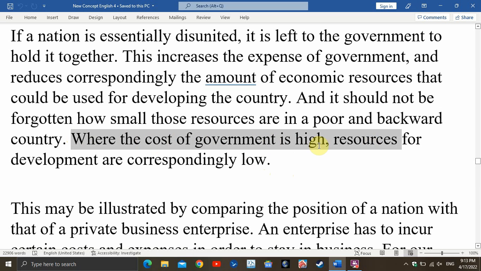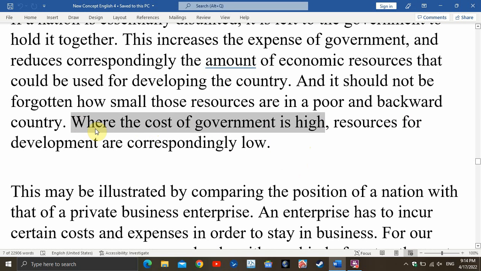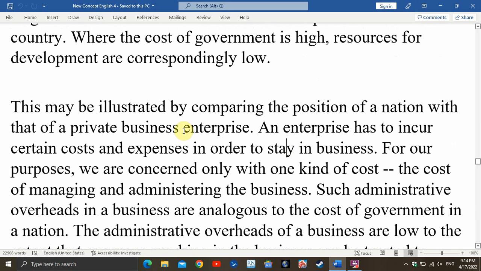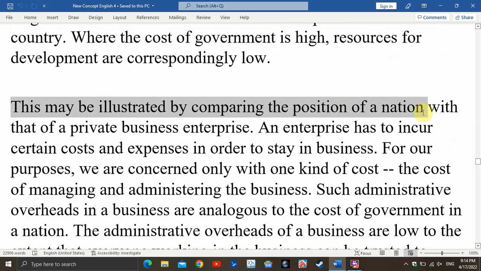Where the cost of government is high, resources for development are correspondingly low. 这里有一个 where 从句。我们上次也碰到这个 where，这个 where 引导的状语从句不一定是地点状语从句，说它是地点状语很勉强，它是一种对应关系：当 the cost of government is high 的时候，resources for development are correspondingly low。这种 where 引导的状语从句比较复杂，语法书上也讲到这个问题，大家可以看语法书，这里只提醒大家注意一下。